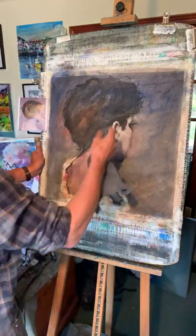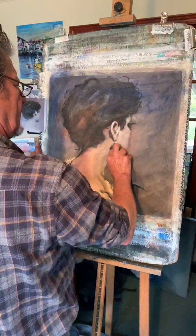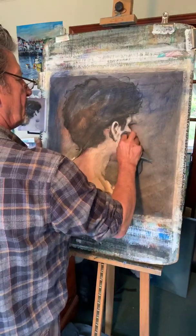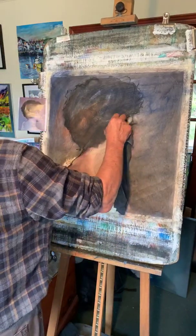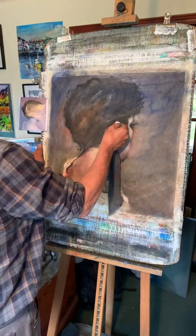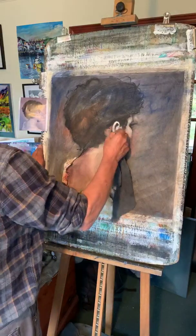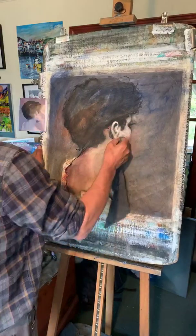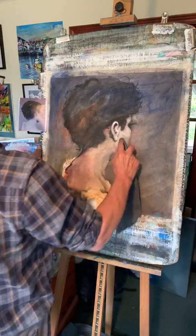It's right, nice straight line coming down the front of her ear, and then all that's going to blend in to her cheek. Stand back, look at it, think about comparing tones. So if you've got a very light tone, which is there, top of the ear, and then inside the ear it goes lighter, that's where the cartilage is, so it's harder, and then right in the middle there is very light. These are areas we can put some white pastel or paint if you want later,